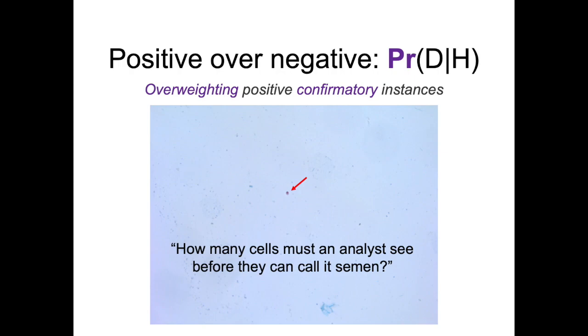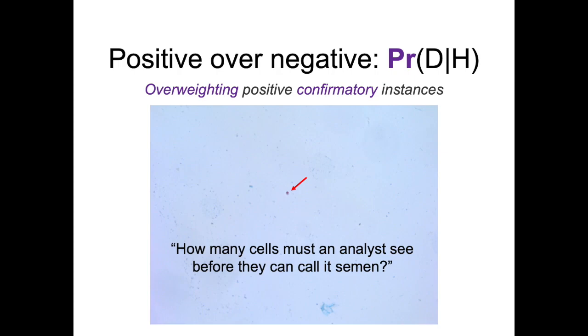With semen, there may be very many cells present, dozens and dozens of cells that would indicate with a Christmas tree stain, red sperm heads and green flagella. What we see is one red cell, and it might be semen, it might not be semen, it might be sperm, it could be yeast. And even if it's sperm, as a great poet once said, how many cells must an analyst see before they can call it